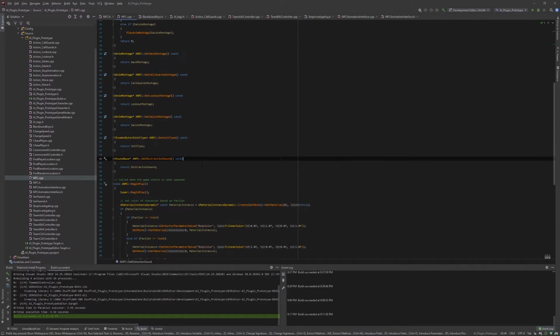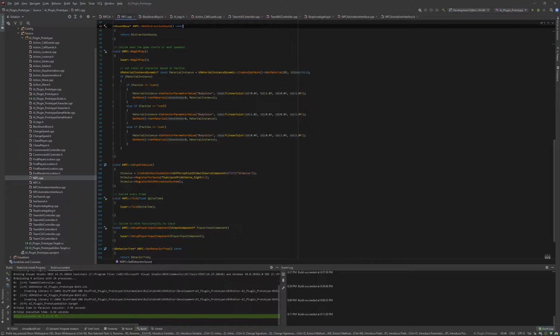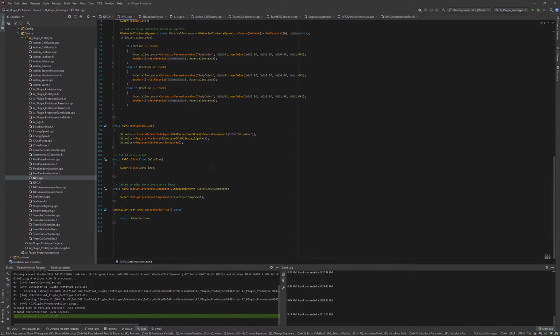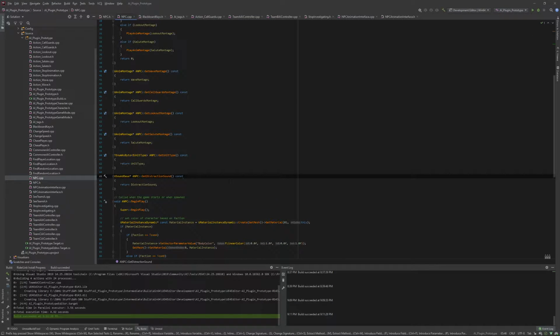I figured out how to implement animation montages and set a material instance at begin play to change the color of the skin of the default mesh so we could tell them apart during testing. I also worked with stimuli source components and the setup stimulus for the NPCs for the AI perception system.